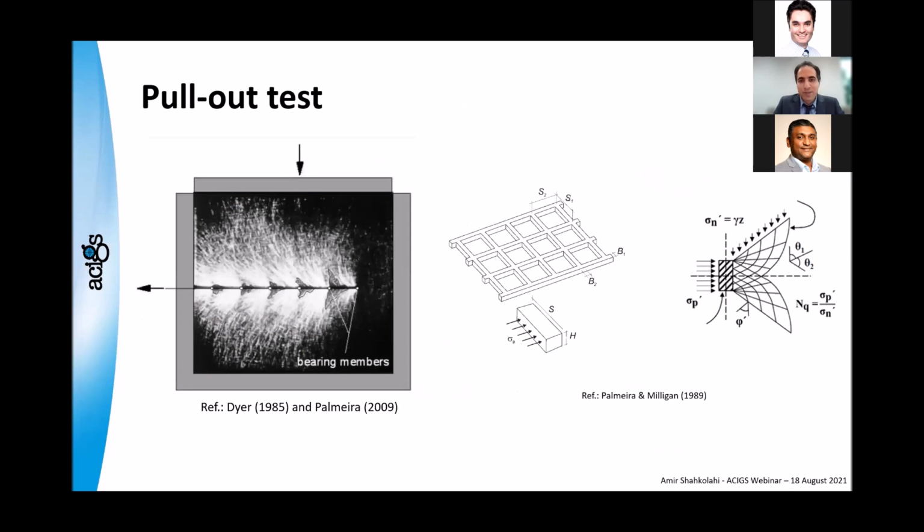Now, this is what we see, for example, in the pull-out test. This is an image that they got many years ago, and it shows the interaction. As you can see, in front of the ribs it is a passive area, and then an active area, and then a passive area on the other side. So it is very well shown here. And then on the right-hand side, you can see how stresses are applied on a rib. It's the cross-section of the rib.